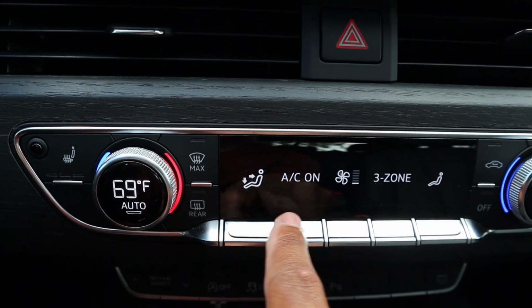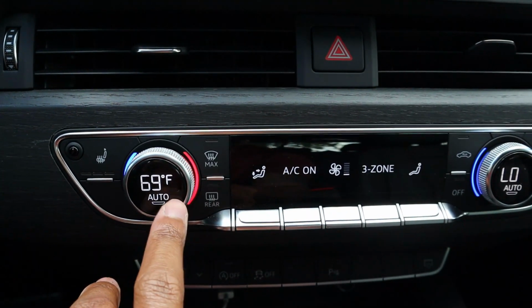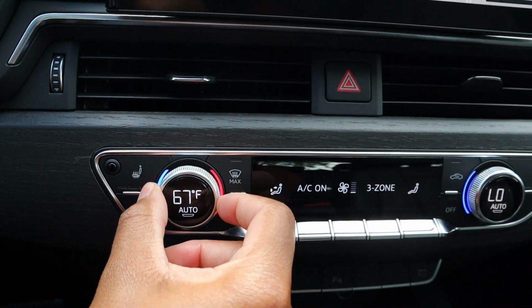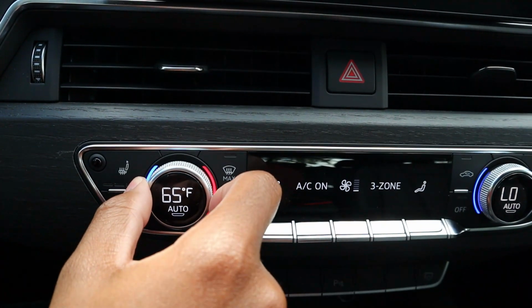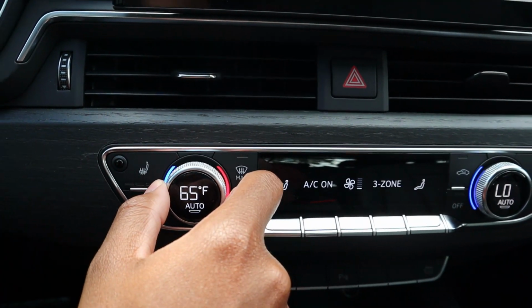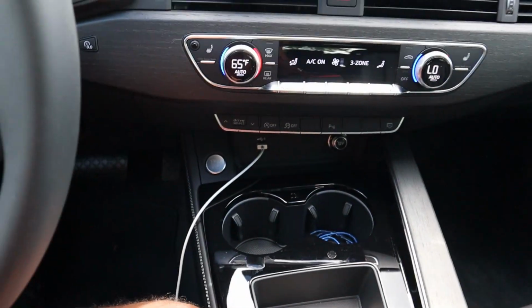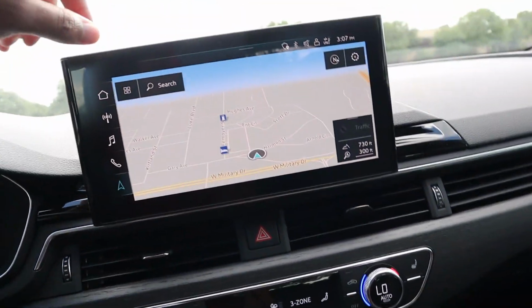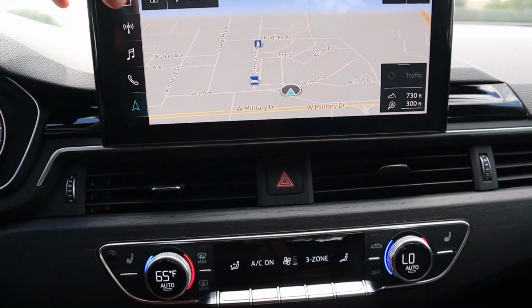And then you get the nice little display to go with it. When you're ready, you can hit auto, let it do its thing. And everything feels good. Like, listen to that click. Oh man, that's so satisfying. Cup holders in the doors, and then we'll go start talking about this screen where you have a lot of good interface,